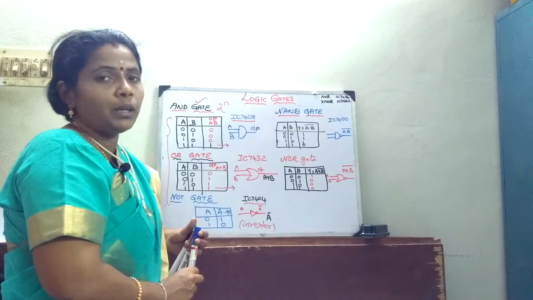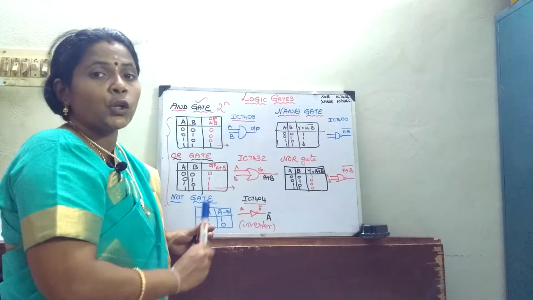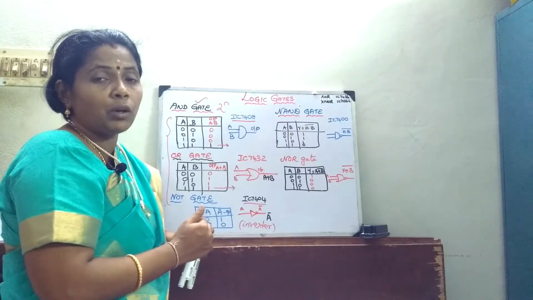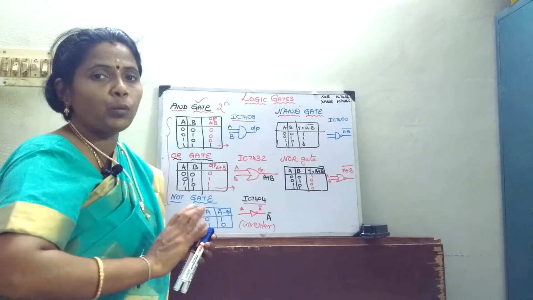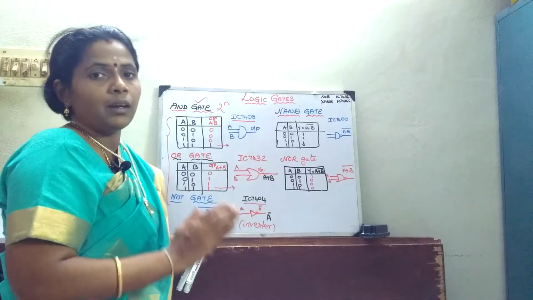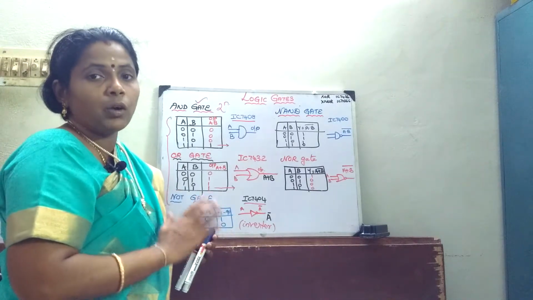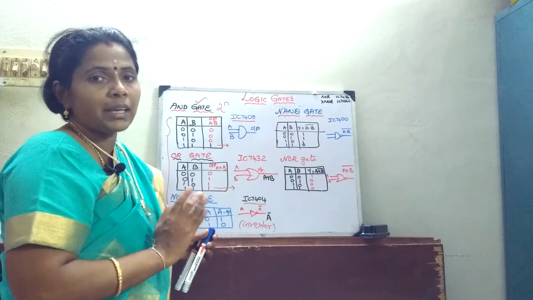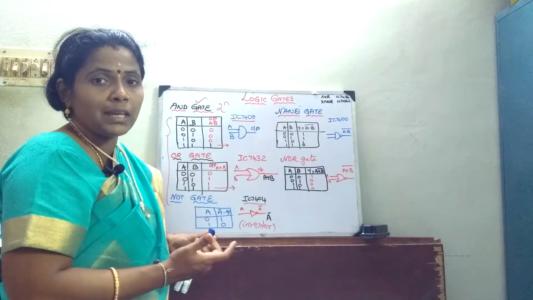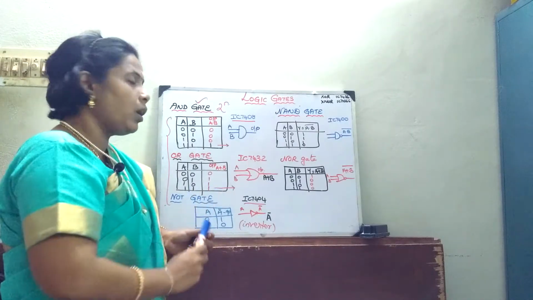This can also be visualized as follows: if you close both your eyes, you cannot see anything, 0, 0. But when you open either of the eyes, in that case you can see. That vision concept is only in the case of the OR gate. In an AND gate, you should have a clear vision with both eyes. With an OR gate, I can see things with either of the eyes, and when I open both eyes also, I can see. So that is the concept for your OR gate.